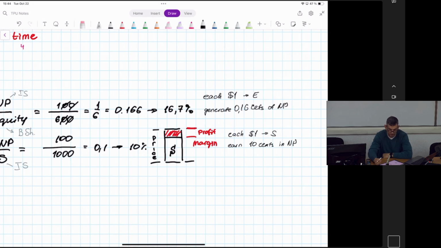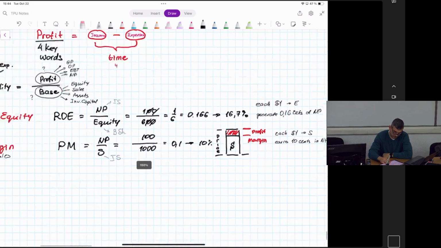Okay? Each dollar in sales earns 10 cents in net profit. That's my profit margin. So does it make sense to you? Good. Next ratio